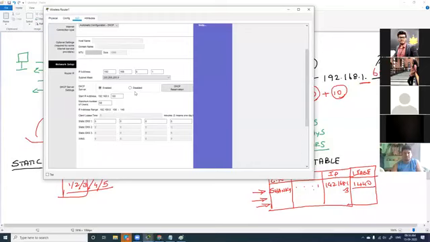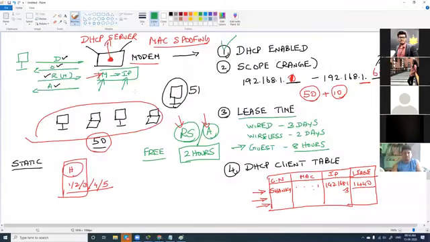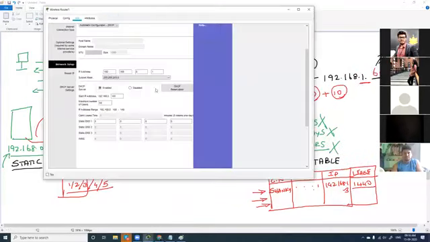And in case you have a server in your LAN and you want this server's IP address to always be 192.168.0.100, and it should be static. It should never change. Even if the lease time expires, even if this lease time, which is shown here, is expired, and you need the same IP address, then you can go for reservation. What is reservation? When you click reservation, you can assign a particular IP address to a particular device and the IP never changes. Fine.